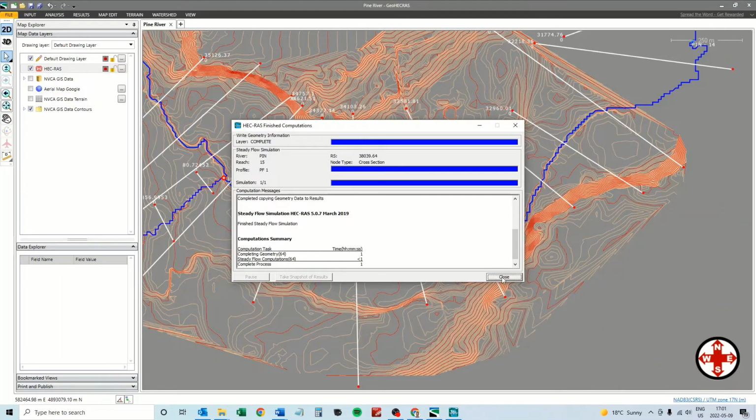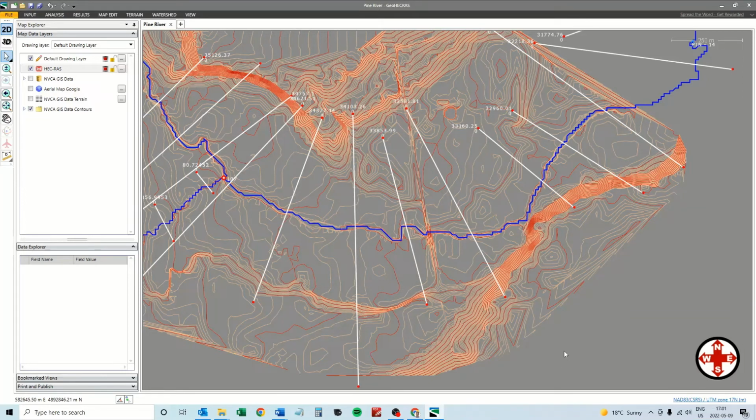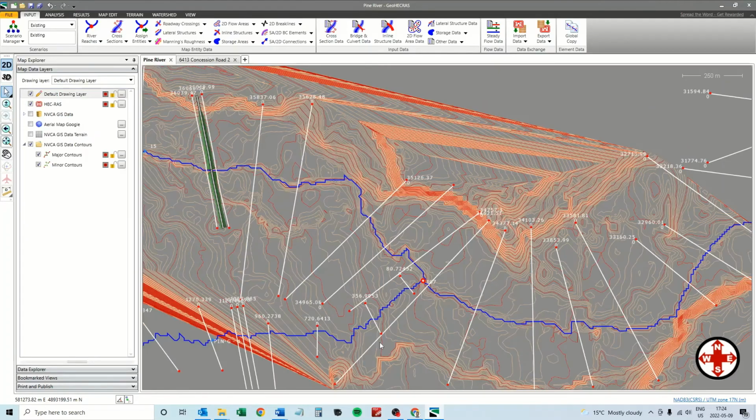Okay, all seems good. So now we have a working model, and then we can re-enter this crossing into the model and model it properly according to as-built design drawings, which were provided to us by the local municipality. Next, what I will do is return the crossing back into the model based on the contours that we have,